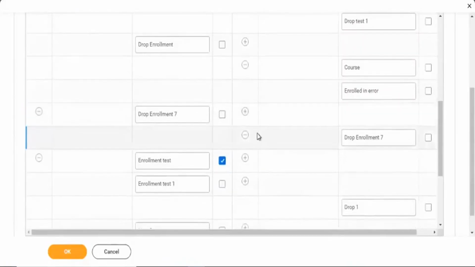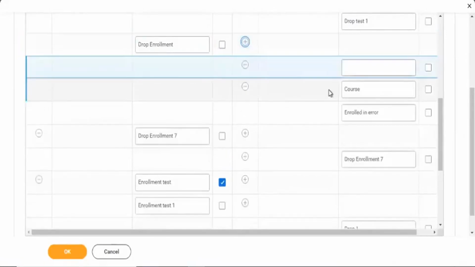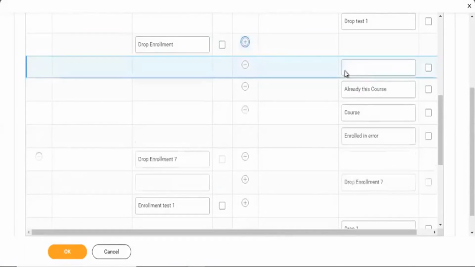Generally, you'll not see this many, since this is a training tenant. In general, you'll see drop enrollment, and we'll add one more reason, like enrolled in another course. Another reason would be I'll let you complete this course, or workload, something like that. And another reason can be no time to complete this.